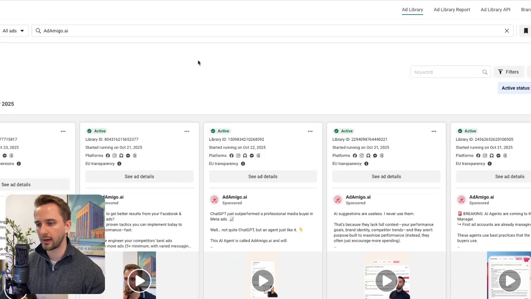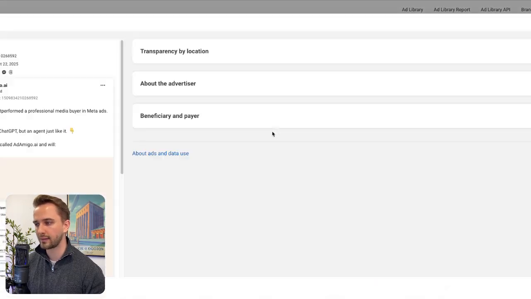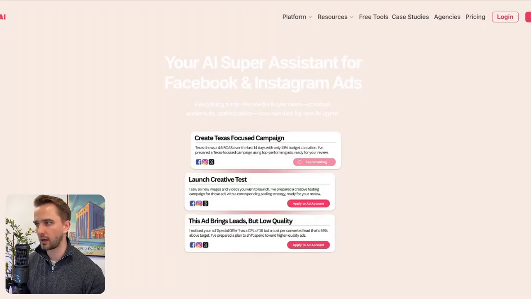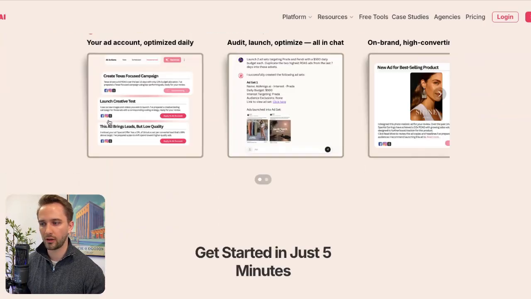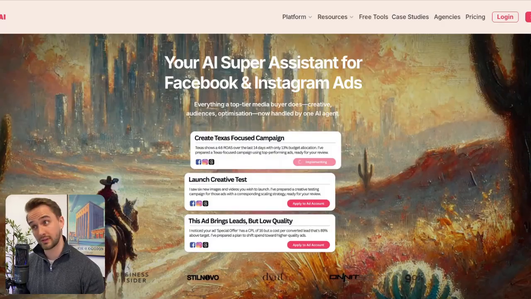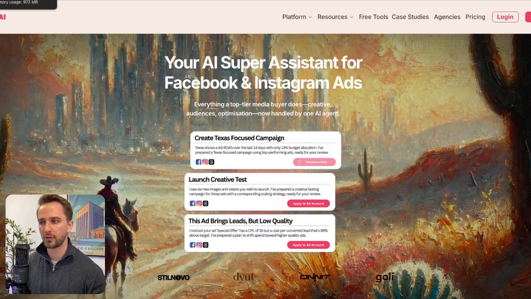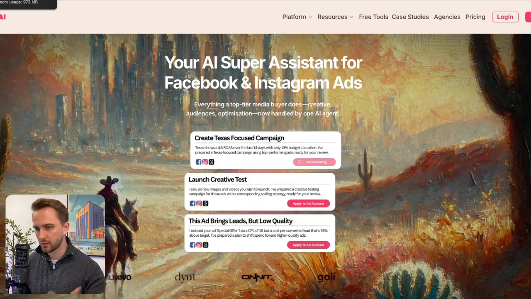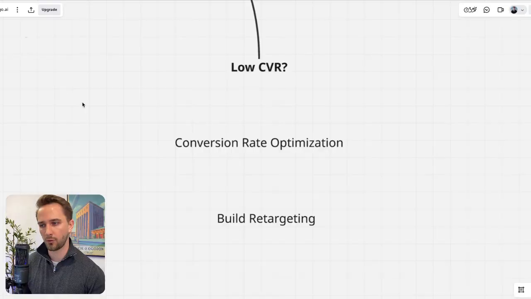So if you go back into the Ads Library, you click on see ad details, I can click on this and I can see what landing page they're sending the traffic to. And I can then take a look at how they've structured it and do the same. You'll see, especially in e-commerce at the moment, listicles and articles and comparison sites and video sales letter landing pages do really well at the moment. So get inspired by that.